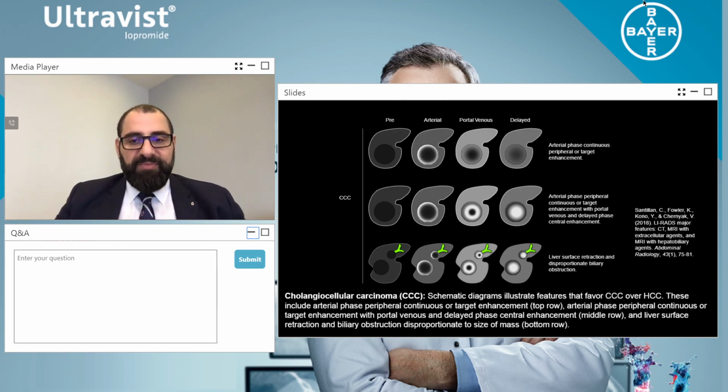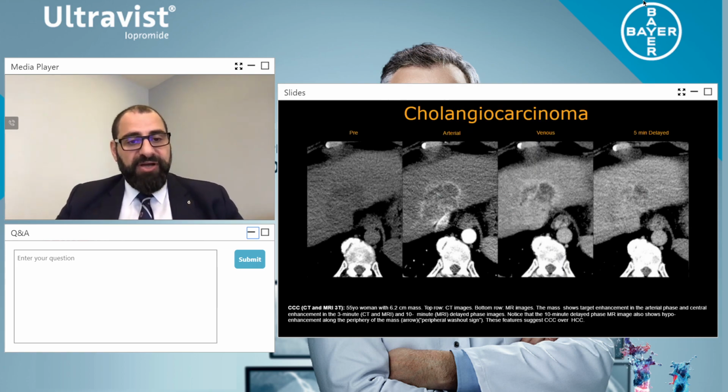So let me show an example. Here on the non-contrast, it is hyper-attenuating relative to the liver parenchyma density. In the cholangiocarcinoma in the arterial phase, you have multiple septations and you have equal wall enhancement, but look at the liver. Then in the venous phase, you have good distribution of contrast within the liver, and then the lesion is filling in quite nicely. And then at 5-minute delayed, the lesion has filled. I would have liked this to be a 10-minute delayed because then the entire lesion would have filled and would have been dense relative to the liver parenchyma.